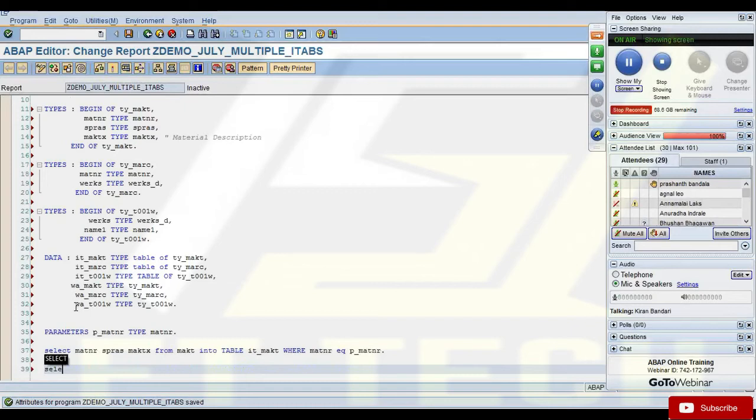Then select matnr, werks from marc into table it_marc where matnr equals to p_matnr.